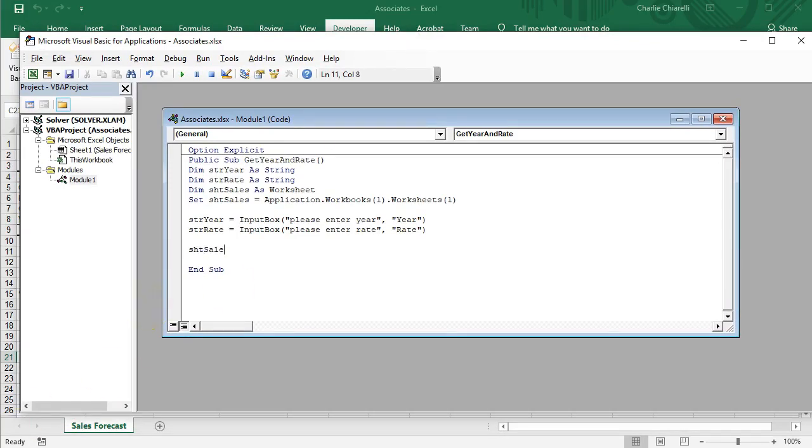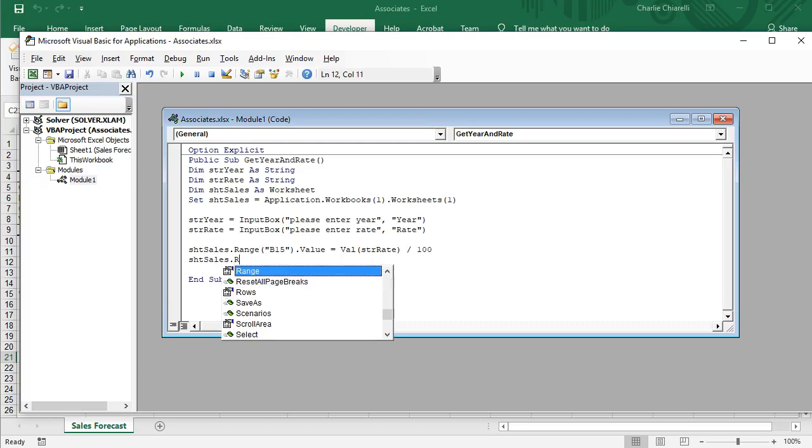So shtSales.Range("B15").Value equals the Val, remember, the string rate has quotes on it right now, and we'll divide that by 100. Okay, let's add one of those titles. So shtSales.Range